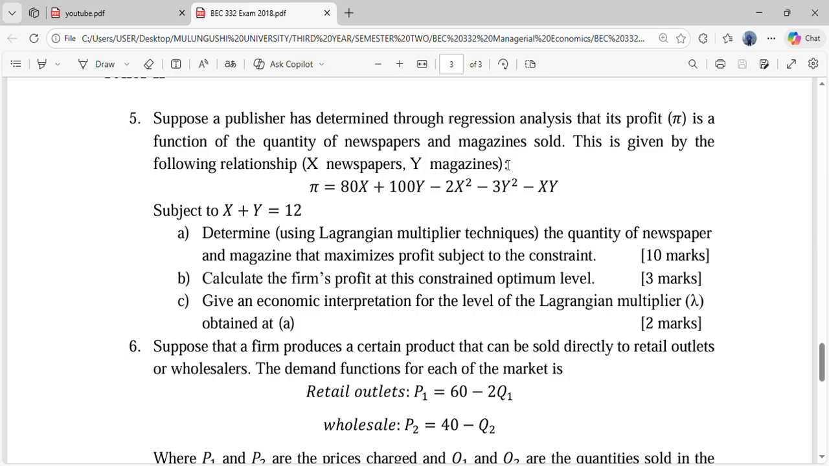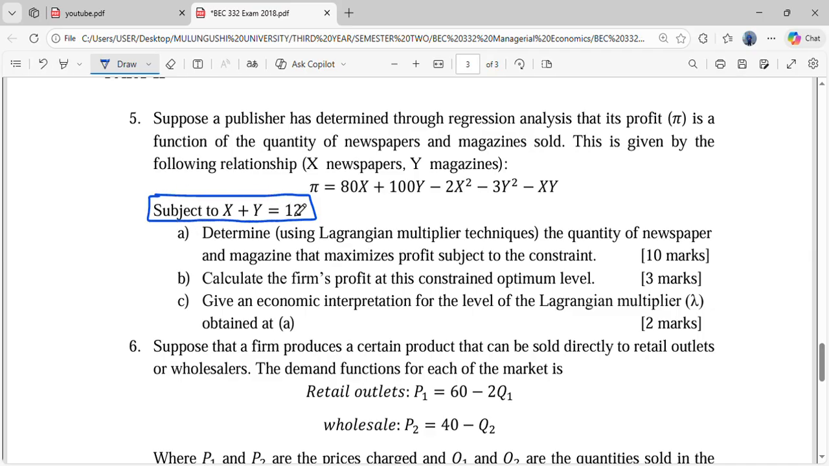X plus Y equal to 12 is the equation that we have been given, and remember, this is a linear equation. We are told in part A to determine, using Lagrangian multiplier techniques, the quantity of newspapers and magazines that maximizes profit subject to the constraint. One thing we need to understand about Lagrangian